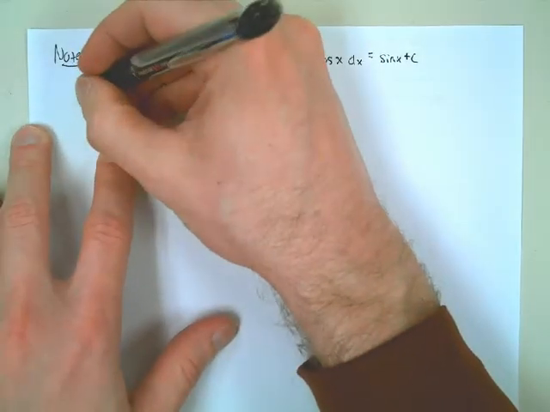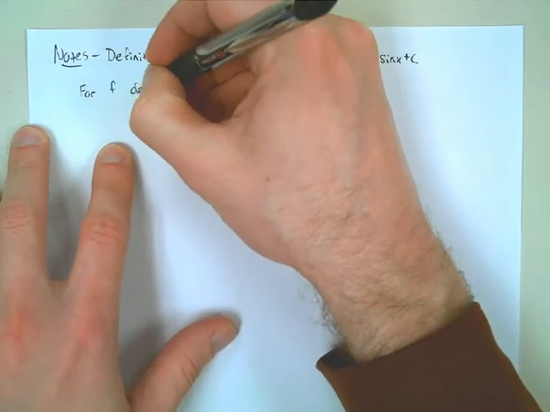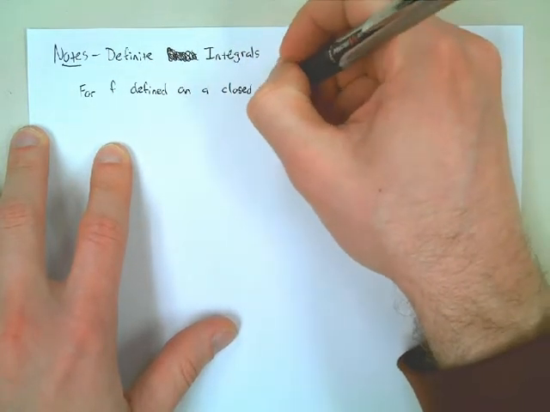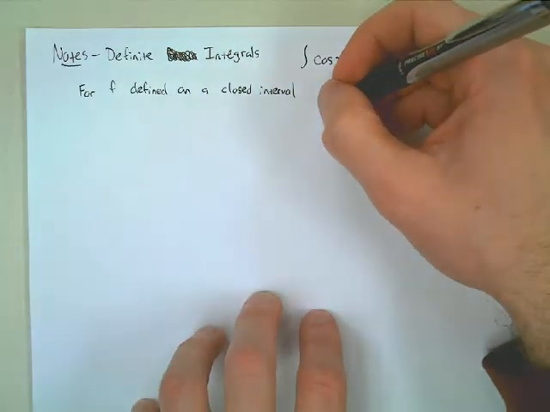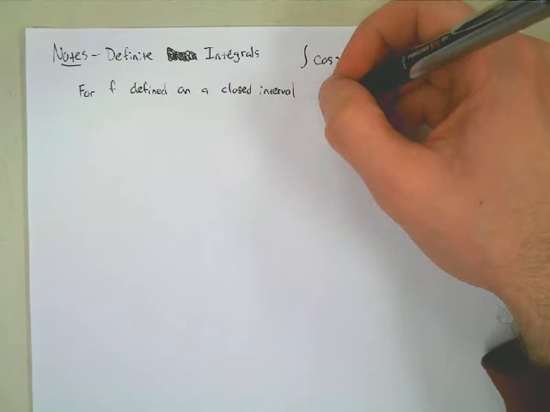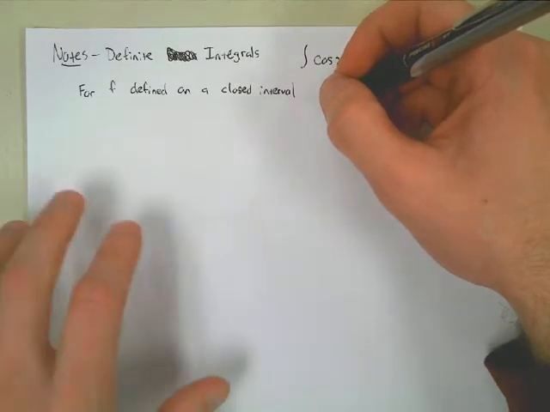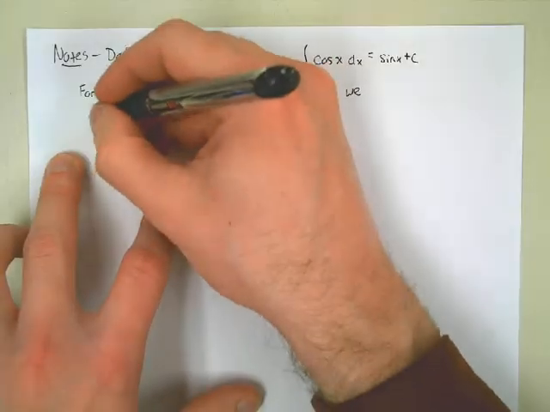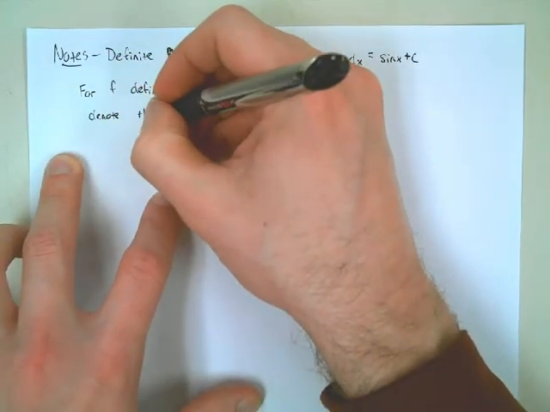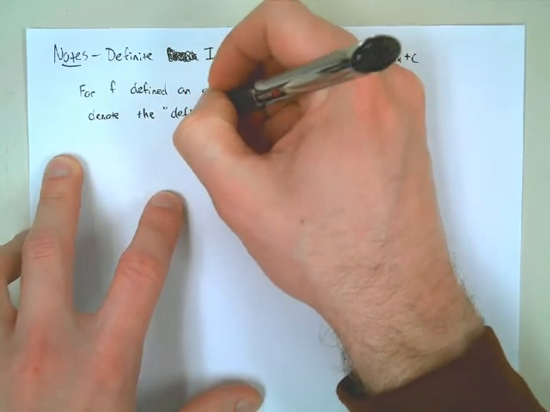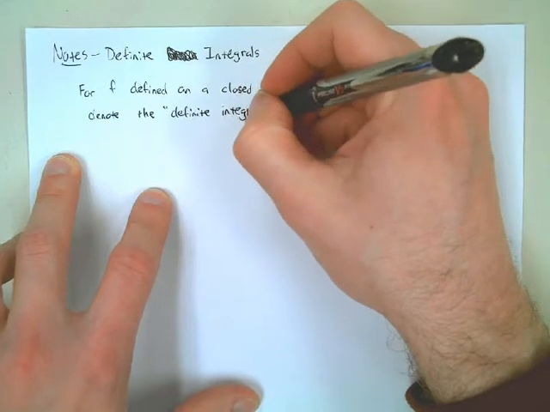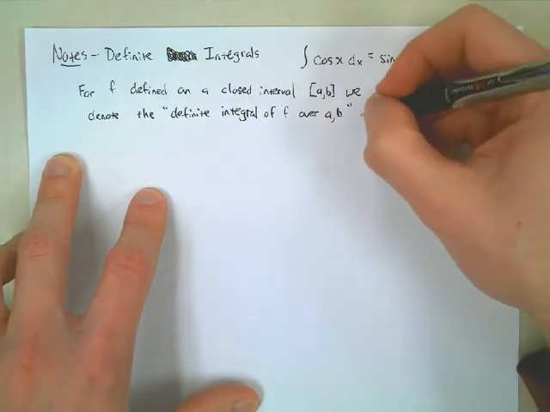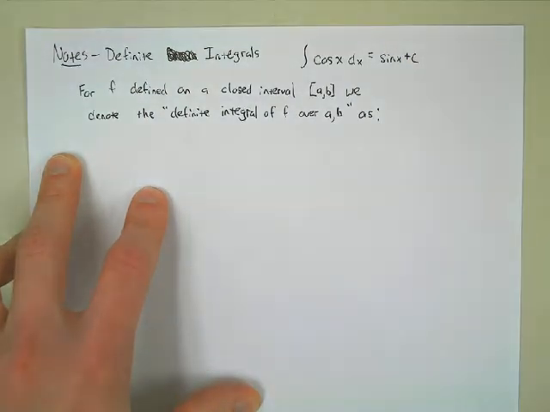So, for f defined on a closed interval [a, b], we denote the definite integral of f over [a, b] as follows. Here's how we write a definite integral, and it's basically an indefinite integral,